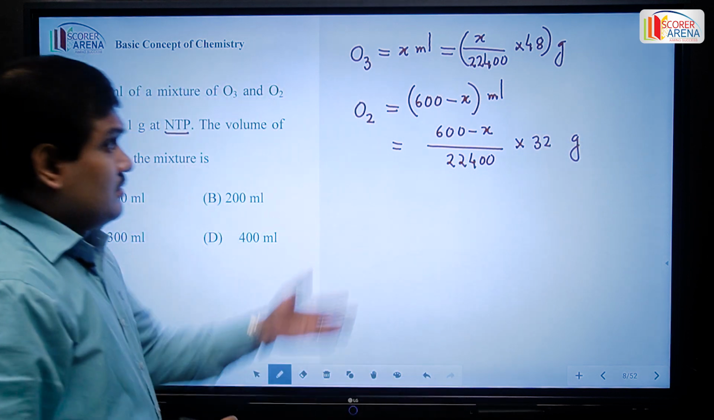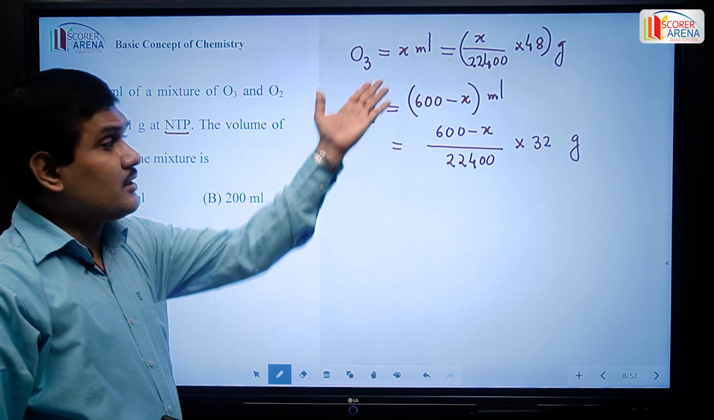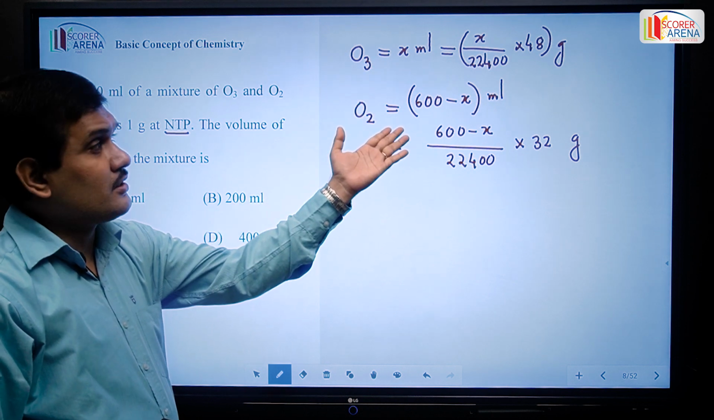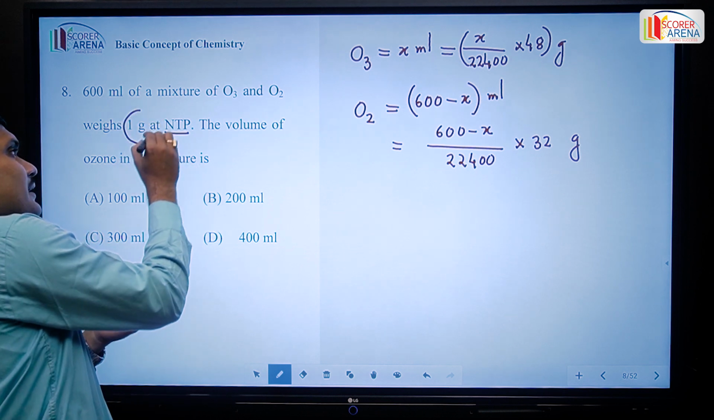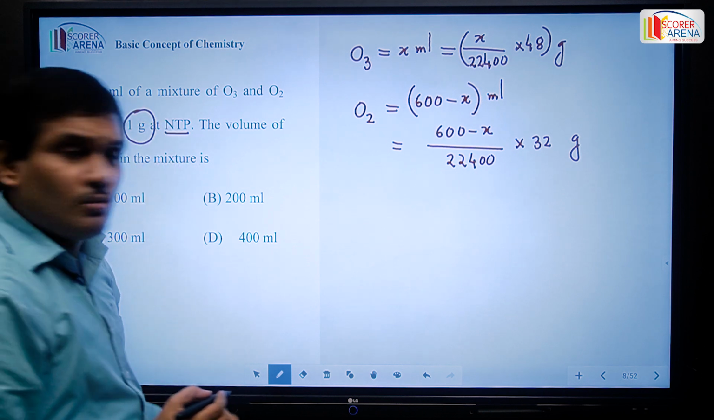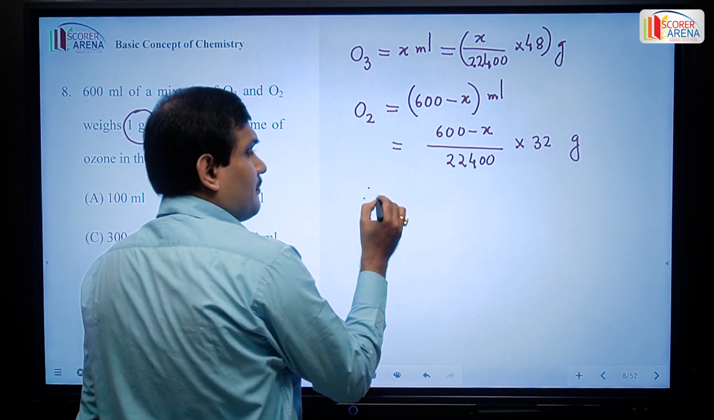Okay, so these volumes, x milliliter and 600 minus x milliliter, are converted into grams. So that amount will weigh, that amount will be equal to 1 gram. So by the problem I can write